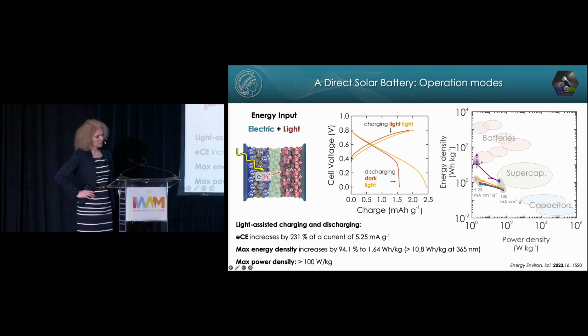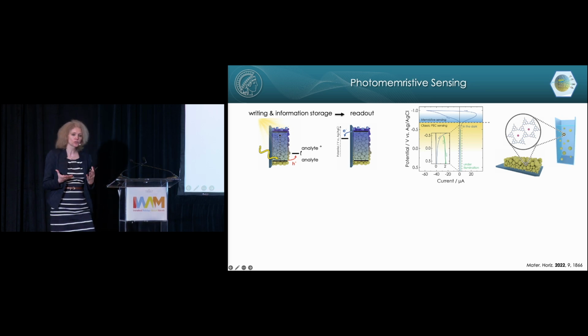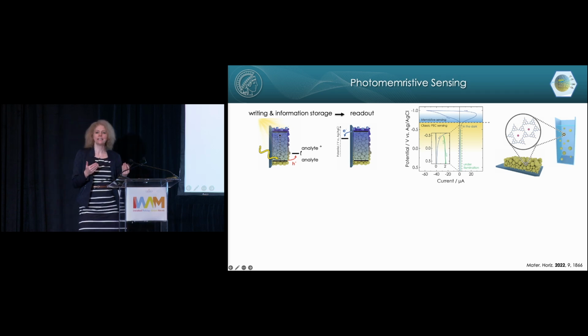Okay, so with this, let me switch over and show you what else we can do with photocharging materials. And here I'll be very quick. We can also use photocharging materials for sensing. Now we're coming back to the concept of dark photocatalysis, but now we're replacing the sacrificial electron donor with an analyte of interest. And so we're using the charge accumulation on the system as a readout for the concentration of the analyte in